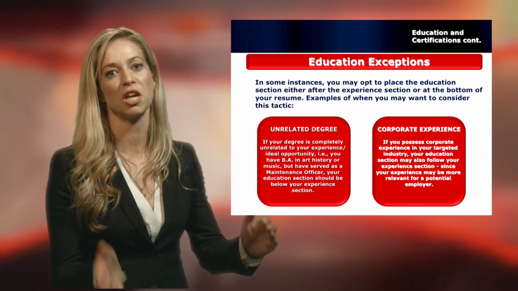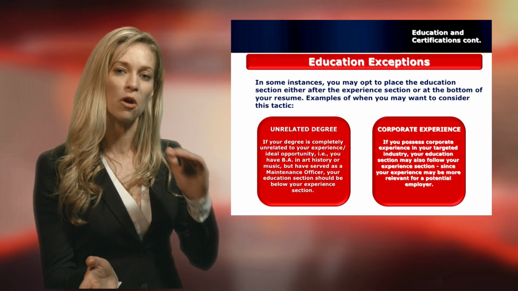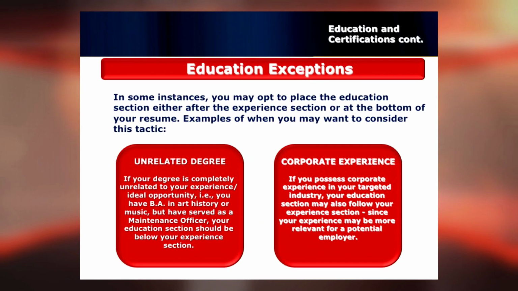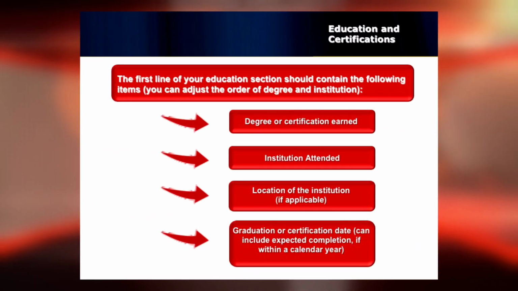Now, following a summary, you can choose what really correlates more, your education or your experience, and then front load what section holds more weight. Let's just say it's education. For your education section, you can list either institution or degree. It just depends on, honestly, which one holds more weight. If your school holds more weight than your degree, then front load your school. If your degree holds more weight,